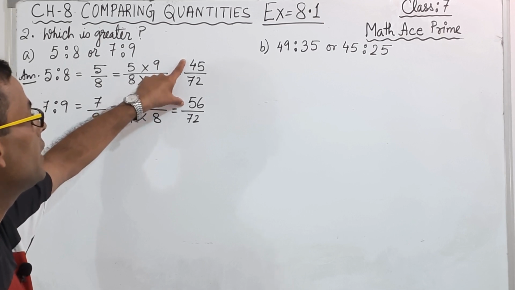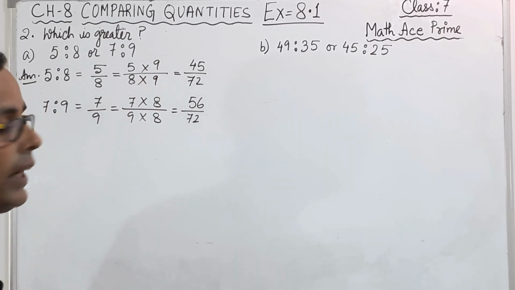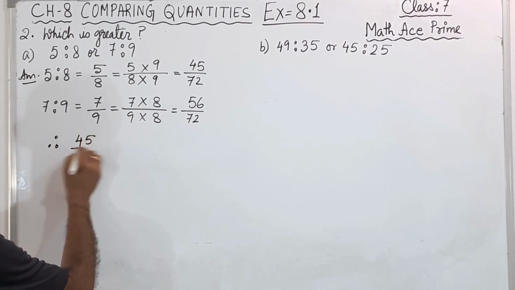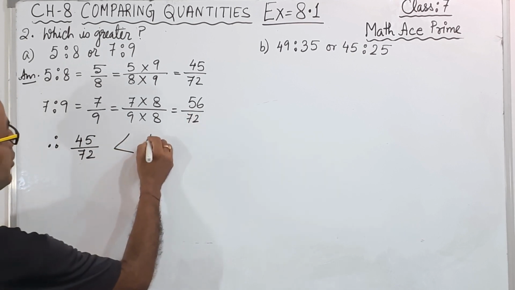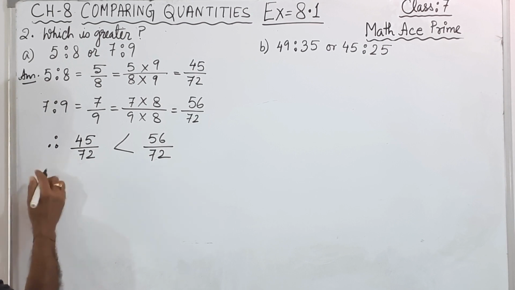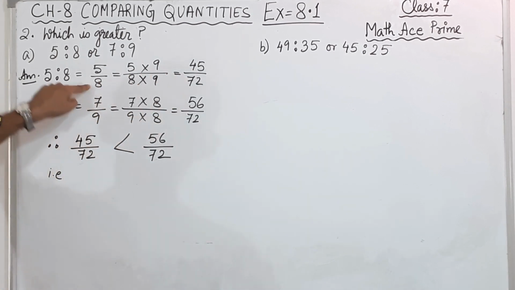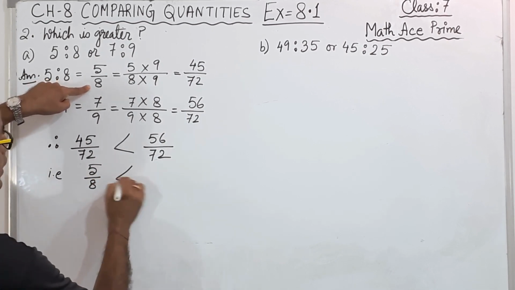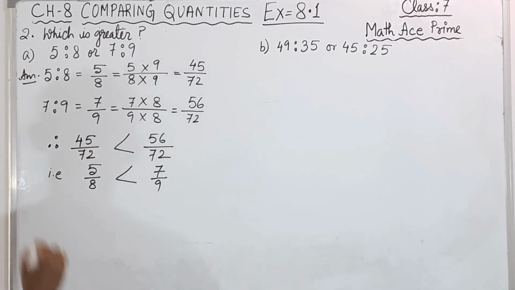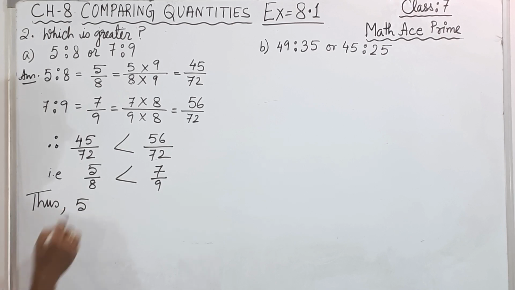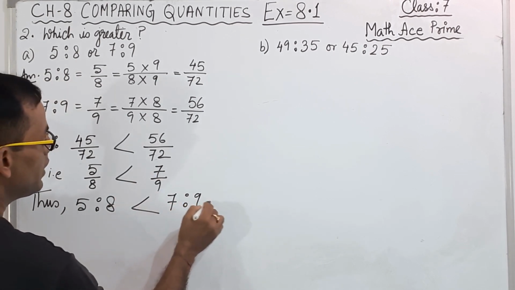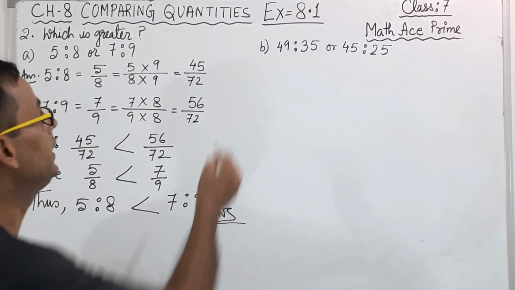तो हम बोल सकते हैं कौन सा बड़ा है कौन सा छोटा है। 45 छोटा है 56 से, सो हम लिख सकेंगे 45/72 is smaller than 56/72। और इसका असली क्या है, इसका असली है 5/8 स्मॉलर देन 7/9, मतलब ये 56/72 7/9 से आ रहा है। उसके बाद लास्ट लाइन लिखेंगे, इसको हम फिर 5:8 स्मॉलर देन 7:9 लिख सकेंगे, ये हो गया इसका आंसर, ठीक है।